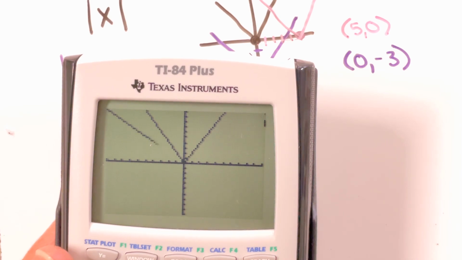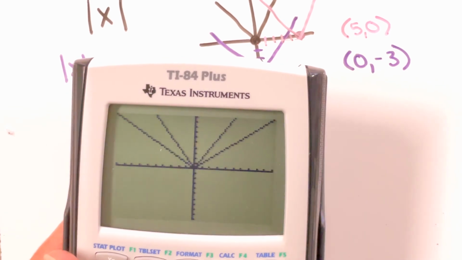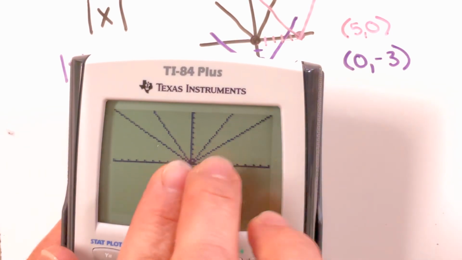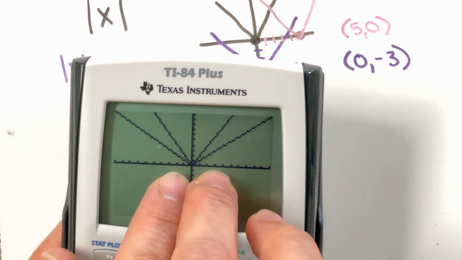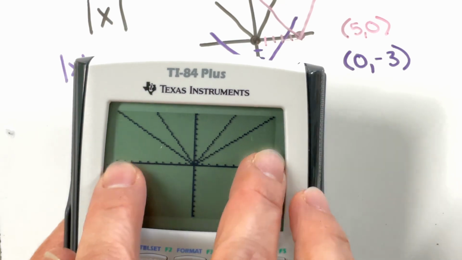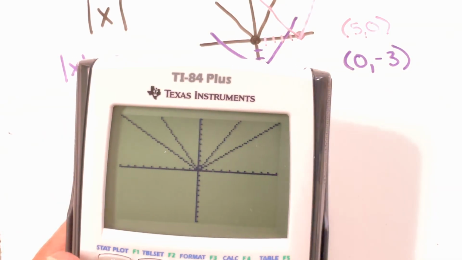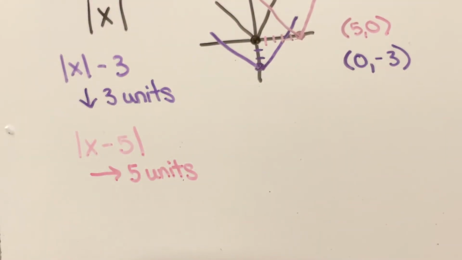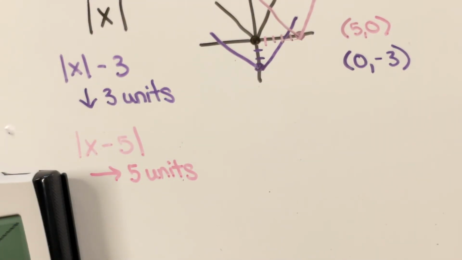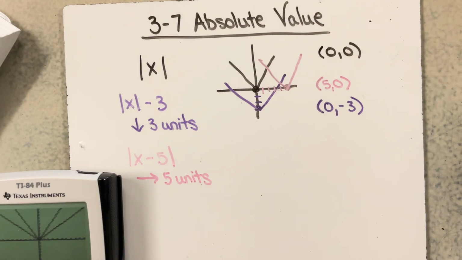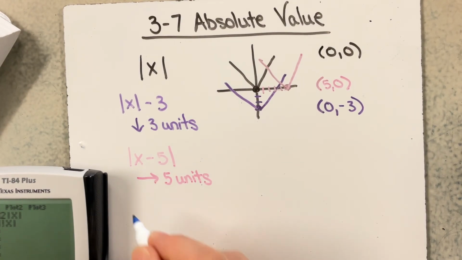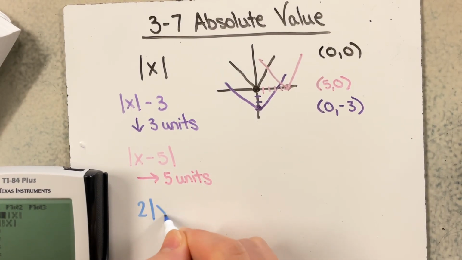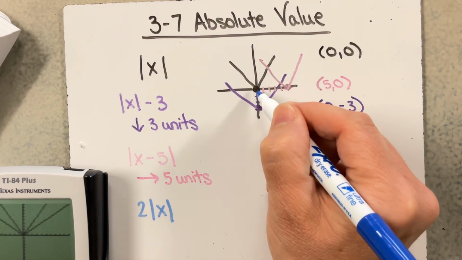There's the first one. Look at that one. So it kept the same vertex, but it made it much wider. It doubled it, right? It grew it. So in this one, we put the equation 2 times the absolute value of x, okay? It kept the